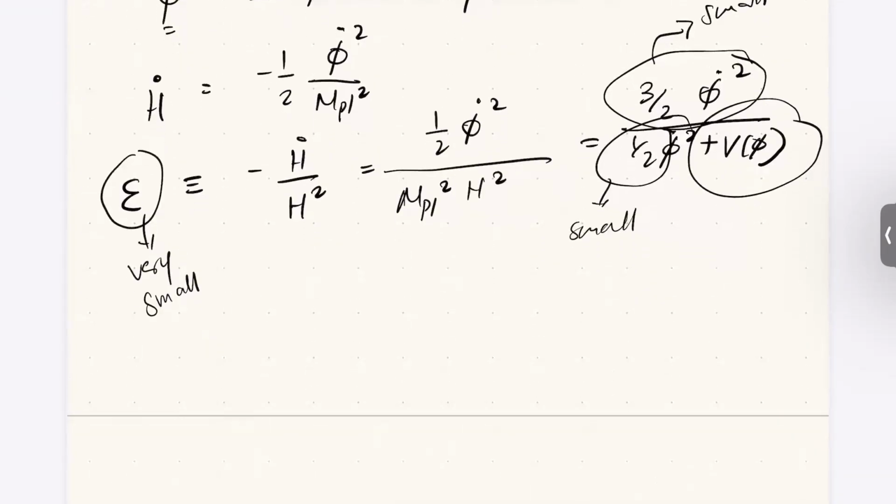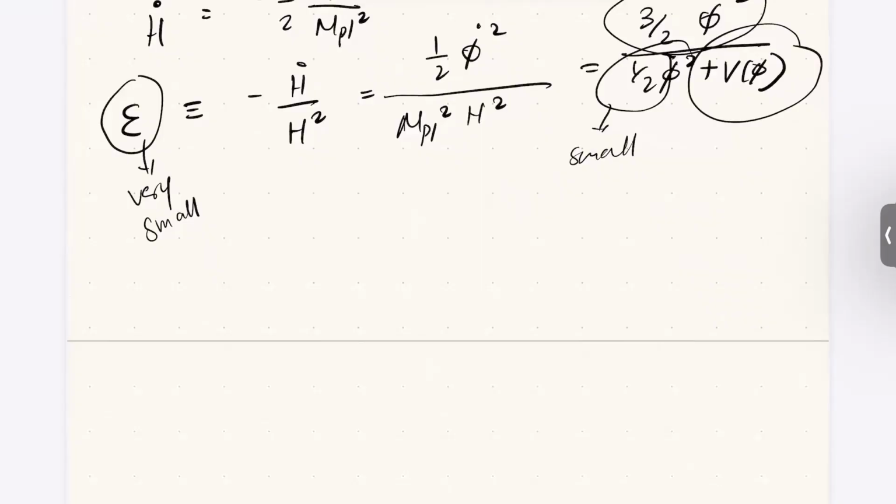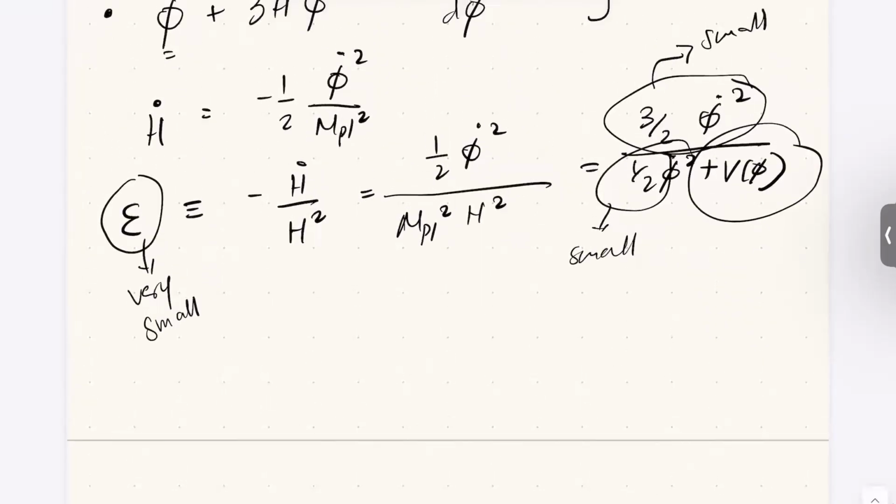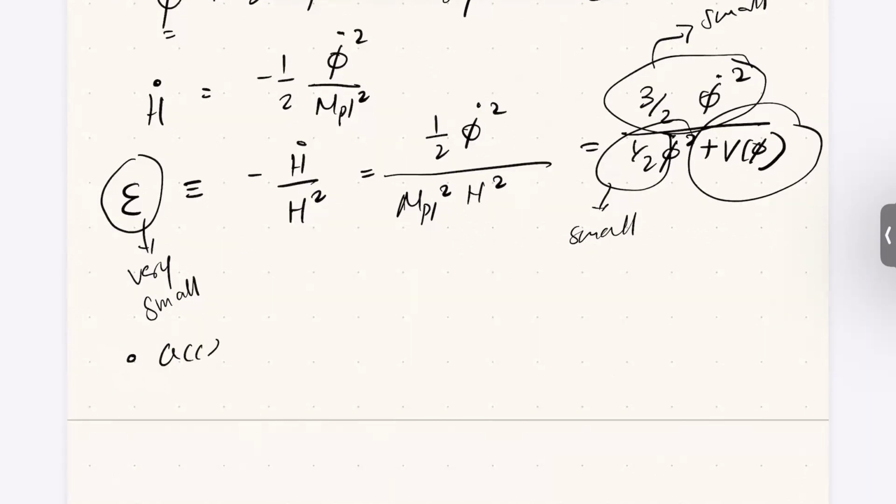I can sort of make this assumption that if indeed the kinetic term is small, that means the acceleration of the inflaton must be very small as well. Remember, don't confuse acceleration of space with the acceleration of the inflaton. They're two different things, okay? Space is accelerating, okay, very much. But the acceleration of the inflaton is slow because the kinetic term is small, okay? So that means acceleration